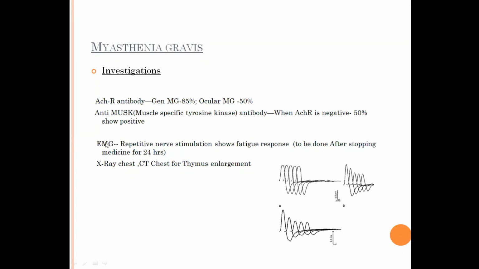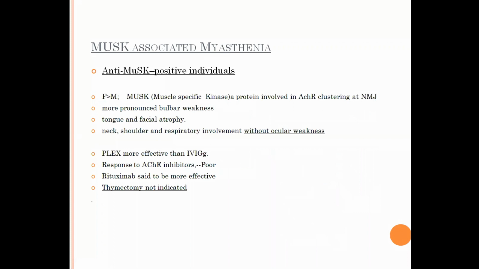The other investigation is an EMG. Normally, when you repeatedly stimulate, it is like continuously doing sit-ups, up and down, up and down. Similarly, with electrophysiology, on stimulation of the muscle, you will see the muscle action potentials. But in myasthenia, the action potentials become less and less and less, no more elicitable. It is called a decremental response. Because I said the thymus plays a role in the autoimmune condition, look for evidence of thymus enlargement. Most of them have a thymoma, not necessarily a thymic tumor.